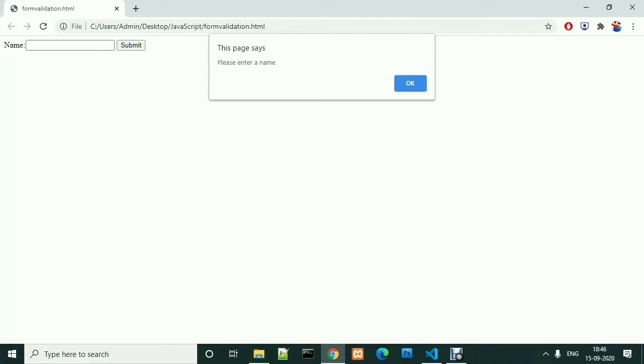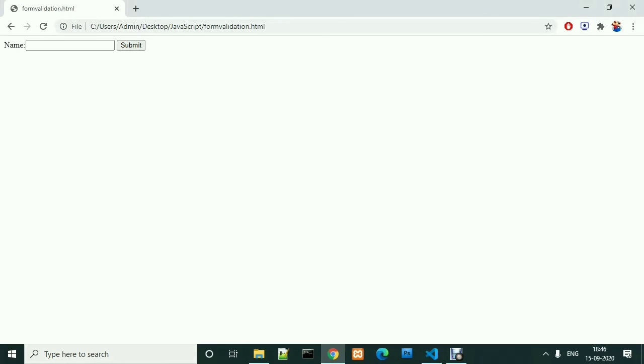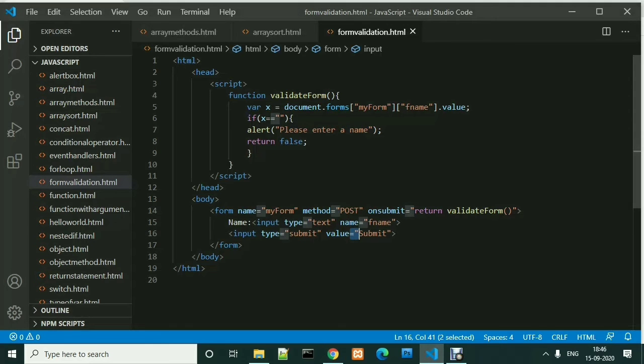That means it stopped us from submitting the form without entering a value. Suppose we enter our name and then click submit. Because we have not provided any action page, it comes back to this page and the value gets empty, but there is no error. Please enter a name is the error that we created by using form validation.